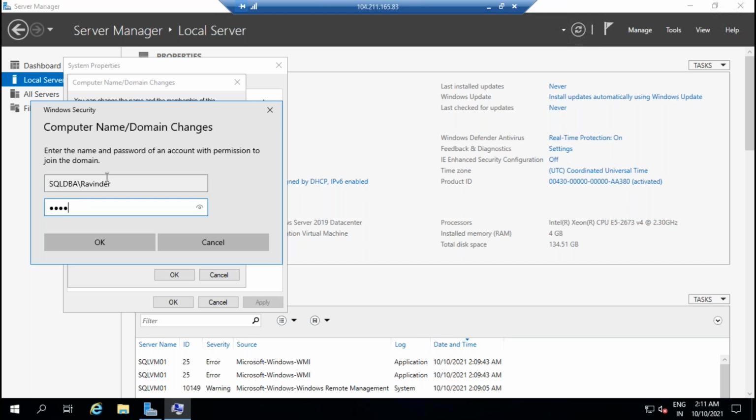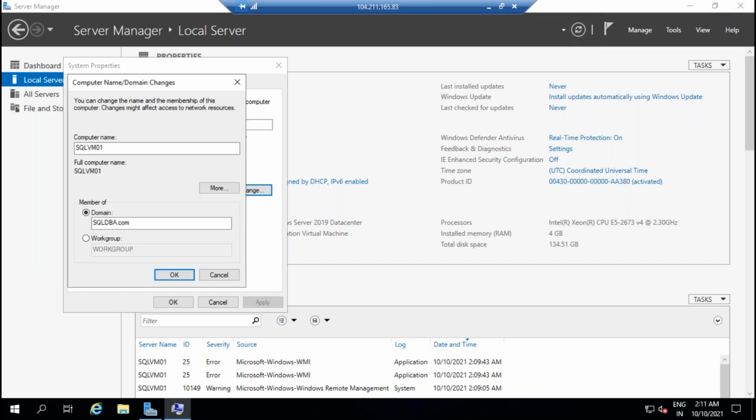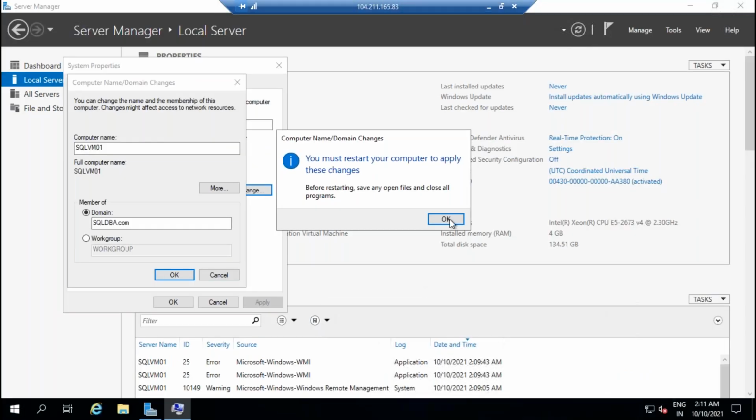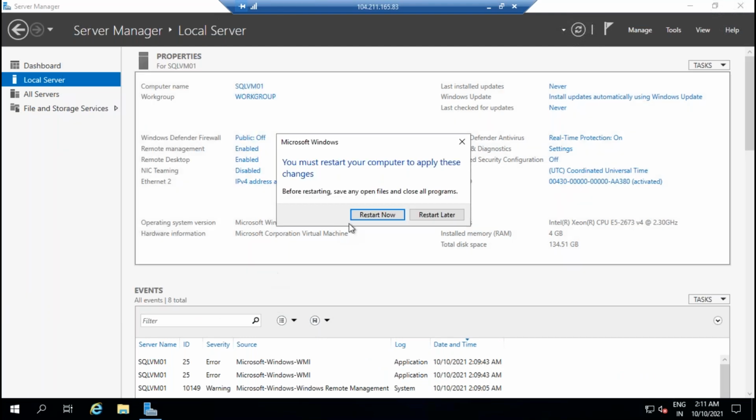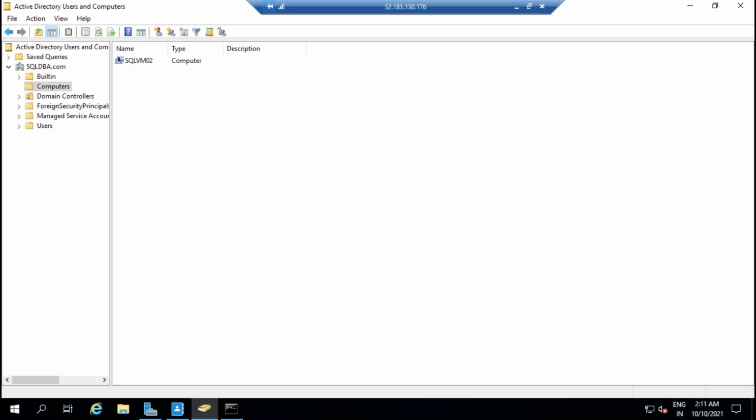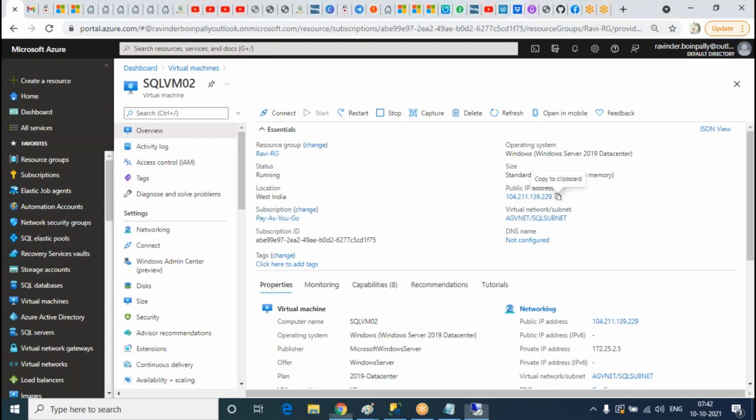Okay. All right. So both the machines are joined to the domain now. Now we'll start the Windows cluster. First, they need to be part of the domain servers to form the Windows cluster. If not, they don't form the Windows cluster. So